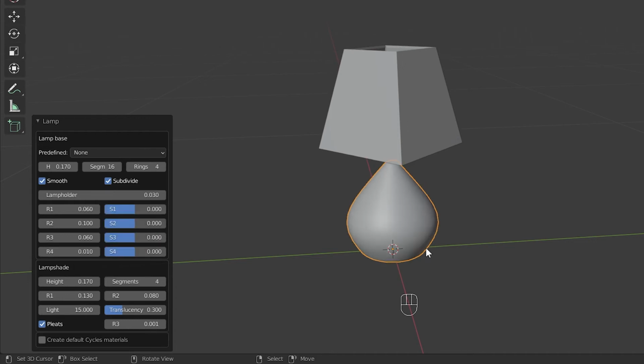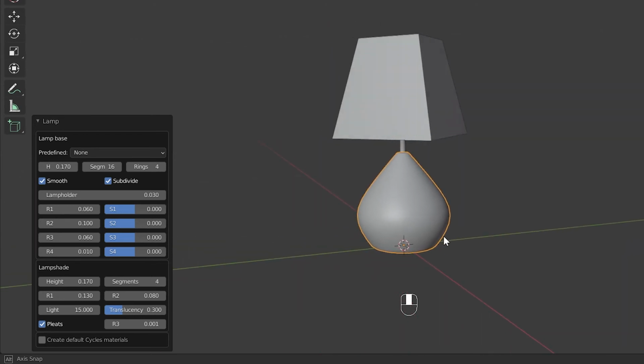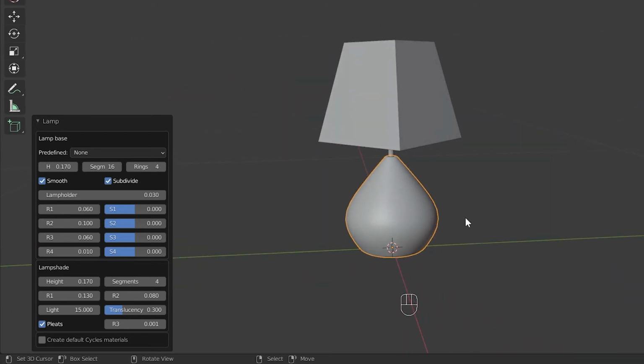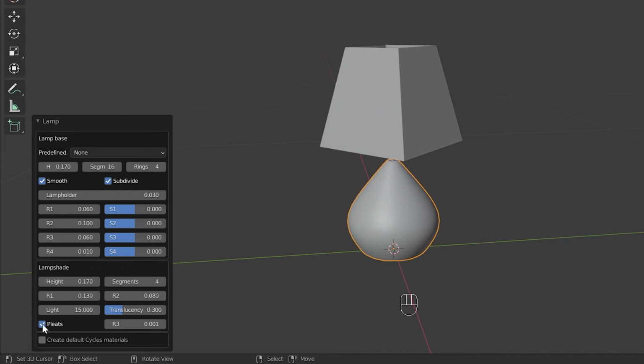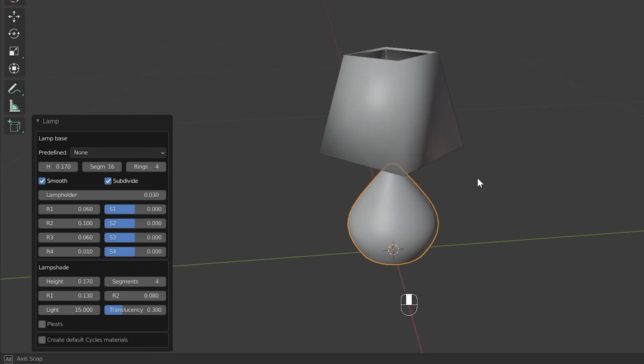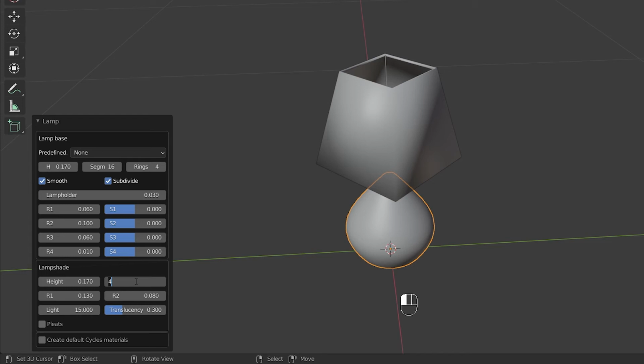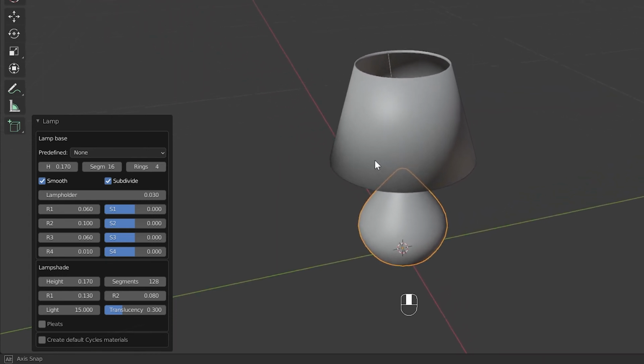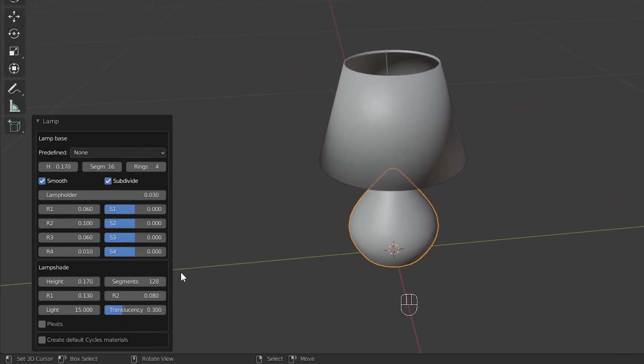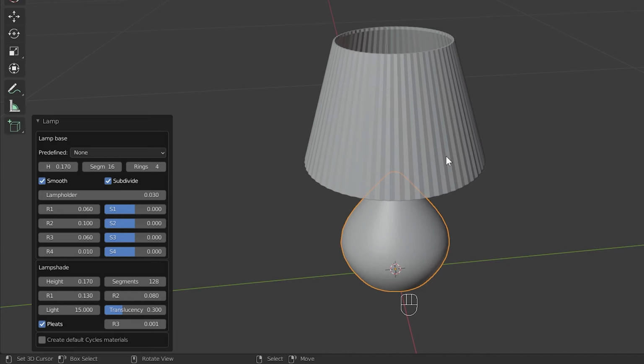The lampshade of this lamp that is being made now will use the Pleats option as mentioned earlier. So, for now, here disable this Pleats option. Then, enter 128 for the segments. Now you can see how smooth this lampshade is. But now if this Pleats option is enabled, it will give a wavy structure on the lampshade.